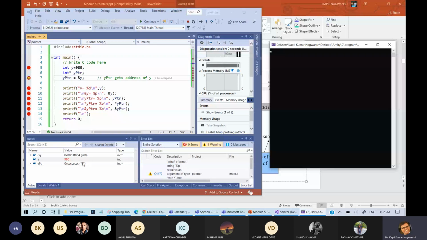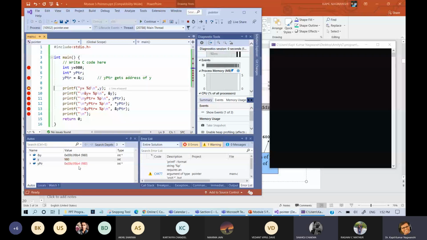Fine. So just try to understand what the value is. Now I am moving to the next printf statement. And then you can see that this pointer holds the address of Y, means in place of the question mark, the address 00B3F84B4 will be coming. Okay.